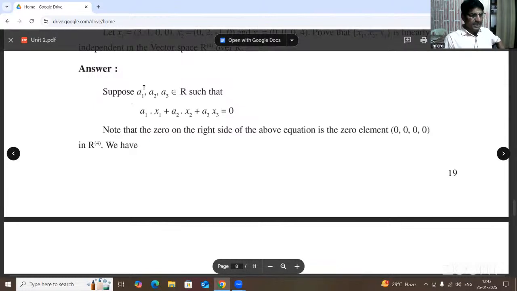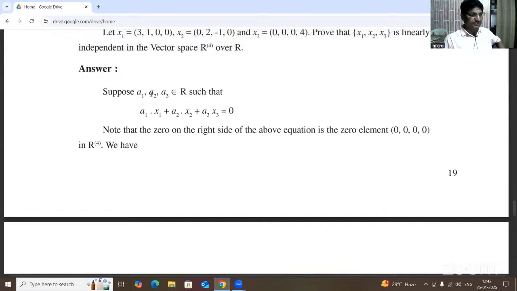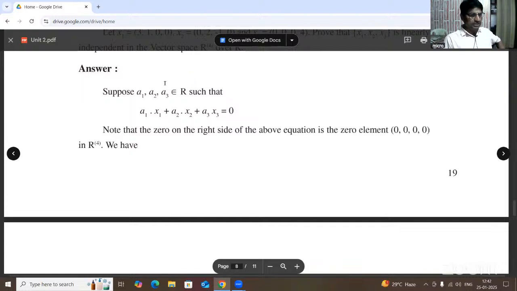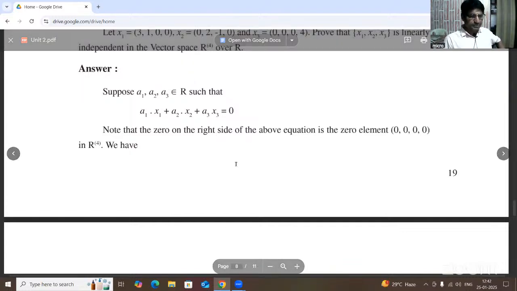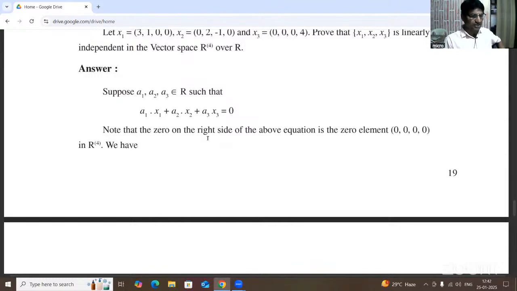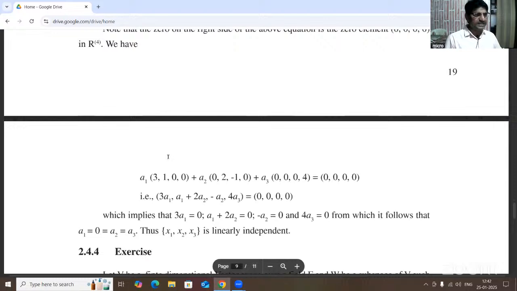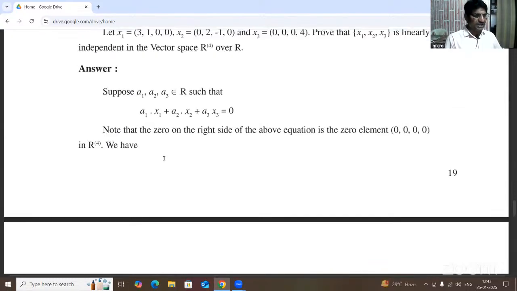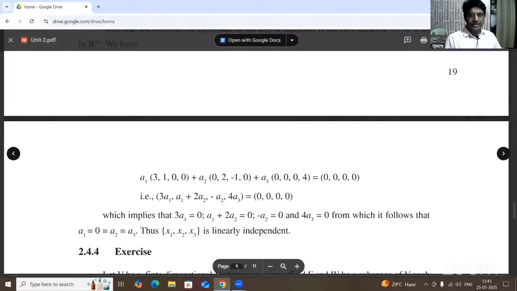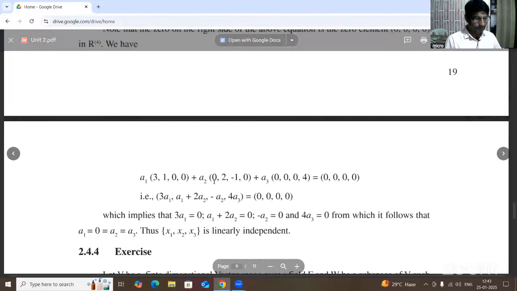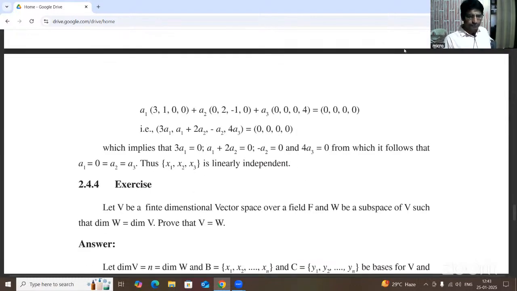Suppose A1, A2, A3 are real numbers. So A1 x1 plus A2 x2 plus A3 x3, written as the linear combination, must be equated to the zero vector or null vector. Replacing the vectors in this linear combination: A1 times x1, which is 3, 1, 0, 0, plus A2 times x2, which is 0, 2, minus 1, 0, plus A3 times x3, which is 0, 0, 0, 4, equals